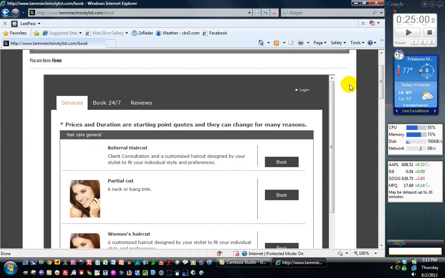And the very first thing you want to do is log in. Make sure you're logged in. Now you may be logged in, but if it just says log in here, you need to log in. So you want to click that,